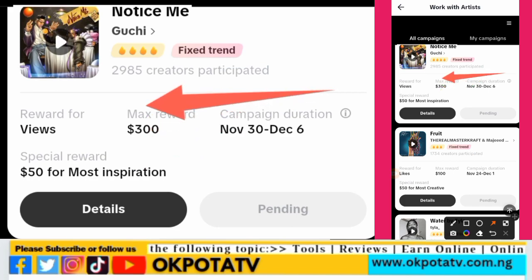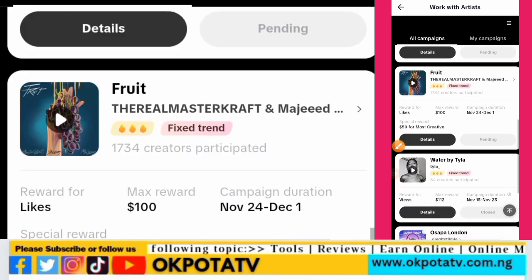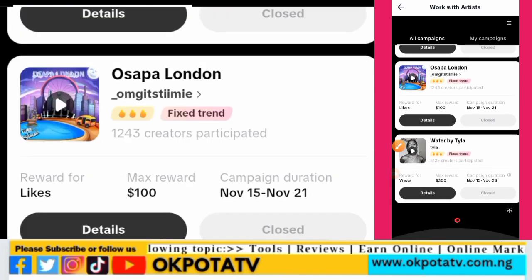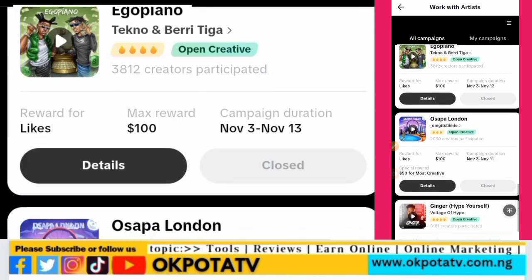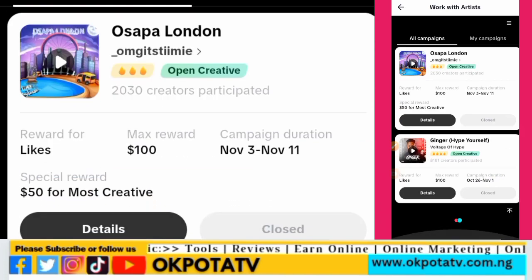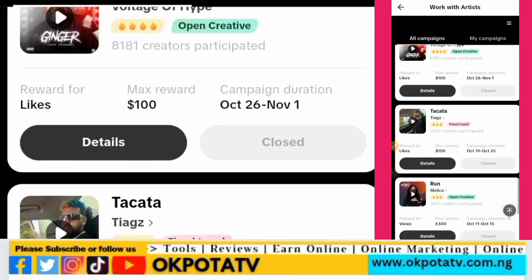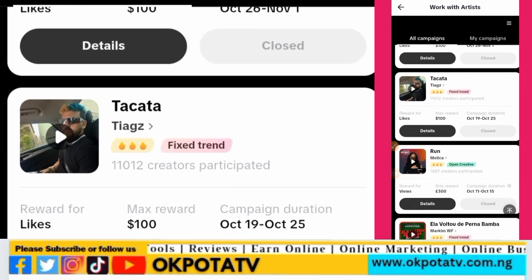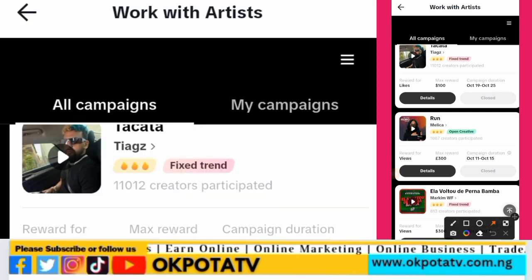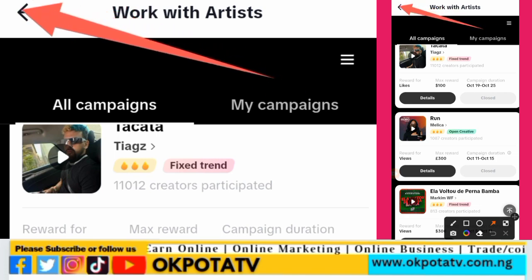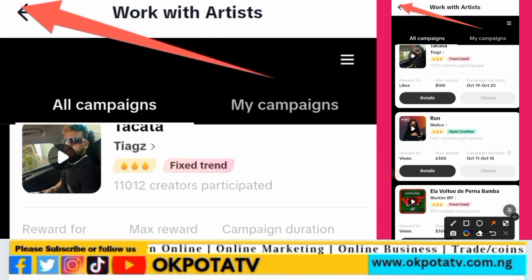So once you scroll it down, you will see many music that you can use, that you can add into your video, for those music to be playing. And the more that they like the video or they share or they comment will be the total amount that they are going to pay you. So after that, you come to this option here. You touch on this back option here. Once you touch it,